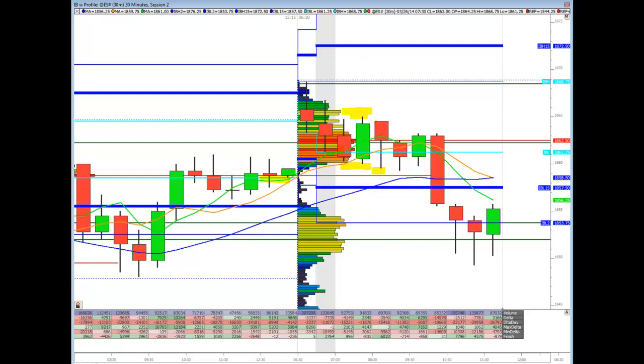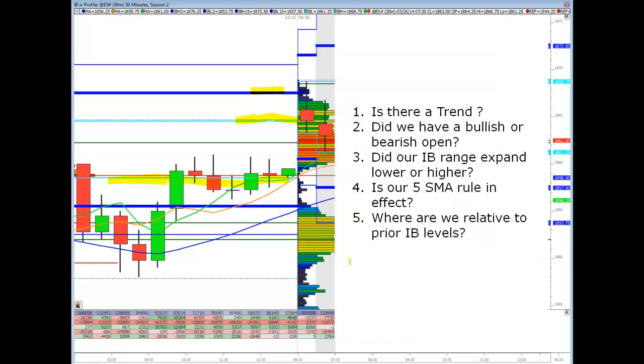I should have also pointed out, I'm going to go back to this question here. It should have been very obvious that prices were going to drop and move lower, because you have one cluster up here on the profile and another cluster below it, and the only way this could have happened, since this is the open of the day, is for this to have happened towards the end of the day, meaning that